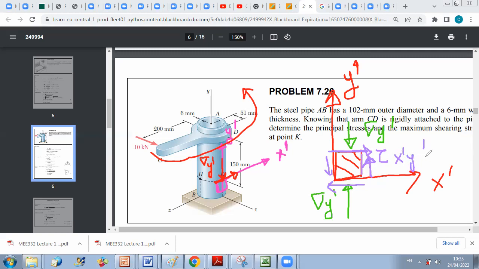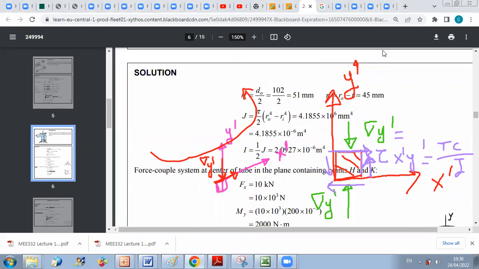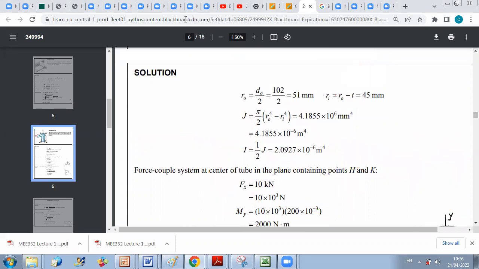And tau x prime y prime is calculated from the torsion moment times c over J. J is the polar moment of this cross section. And sigma y prime, which is a compressive stress, so it's negative, in absolute value is equal to M c over I. And here we'll put a minus because it's a compressive stress. Okay, so now if you go to your analysis, the first step will be to find the polar moment of